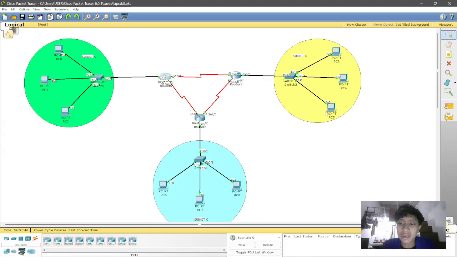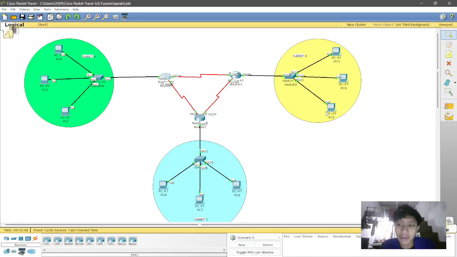Okay, for the first step is the IP address planning and VLSM calculation. The IP address used in this practicum is 192.168.91, where the value of 91 is taken from the last 3 digits of my student ID number. To allocate IP address efficiently, I use the VLSM method, which allows different subnet size based on the number of the hosts needed.